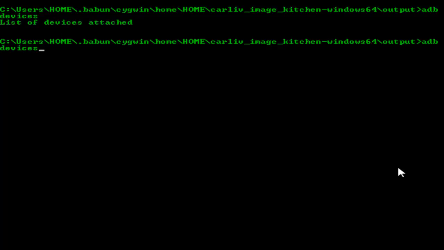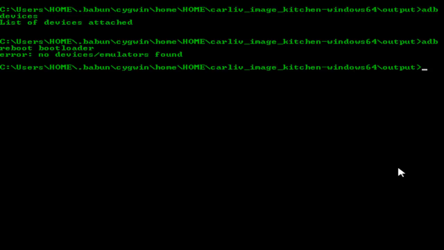The command you're going to press is ADB space reboot space bootloader. This is the command you're going to enter, and press enter. If the device is connected correctly and ADB is working on your device, it's going to reboot your device into fastboot mode. Now the command you're going to enter is fastboot